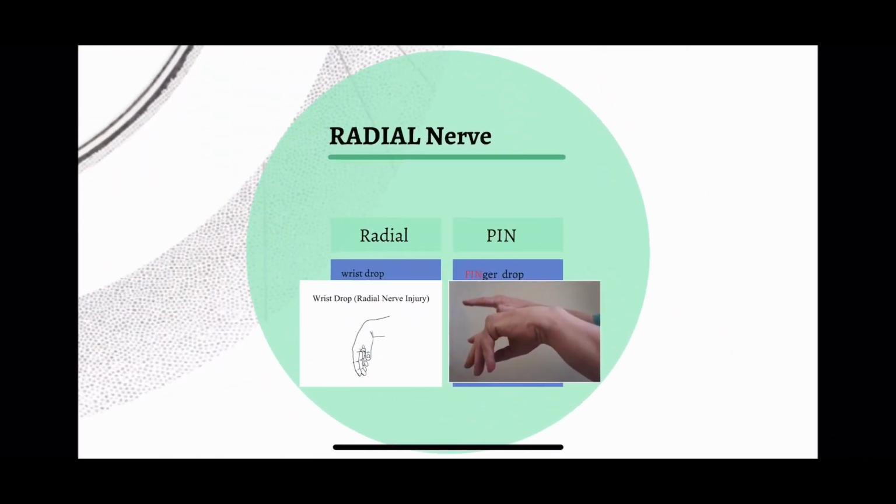Coming to the radial, you can either have a wrist drop, where the whole wrist drops if the radial nerve is injured, and if only the PIN is injured, then you spare ECRL. If you remember, ECRL was not supplied by the PIN but directly by the radial nerve. So extension by the extensor carpi radialis is possible, and brachioradialis was also okay. So the main extensor of the wrist is spared, and you will have a problem with the extension of the fingers only, not the wrist. It will be finger drop, PIN, finger drop.